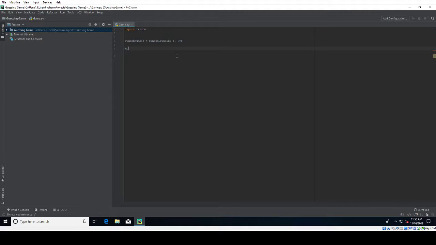So we're going to say guess equals, and then we're going to say int, so that we are saying to the computer that we want an integer to be stored. We don't want a string value, meaning a text-based value. We want the actual value numerically. So we're going to say input, and then parentheses, and then we're going to put quotes, and we're going to say a little message here so the user knows what they're entering. So we're going to say enter a number